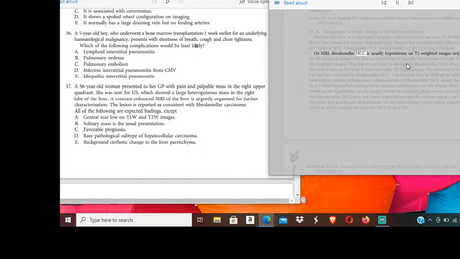On MRI, fibrolamellar HCC is usually hypointense on T1 weighted images and hyperintense on T2 weighted images. The fibrous central scar is typically hypointense on both T1 weighted and T2 weighted images. This feature can help to distinguish fibrolamellar HCC from FNH because the central